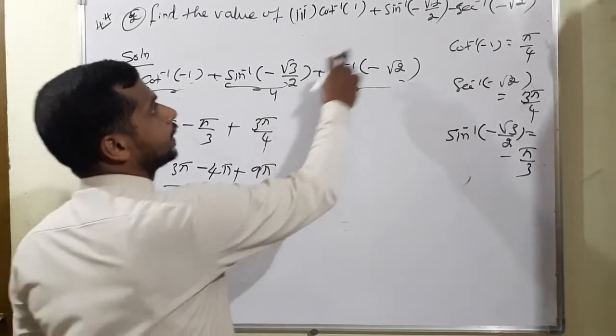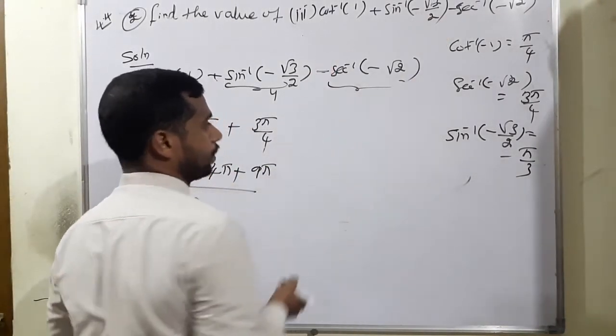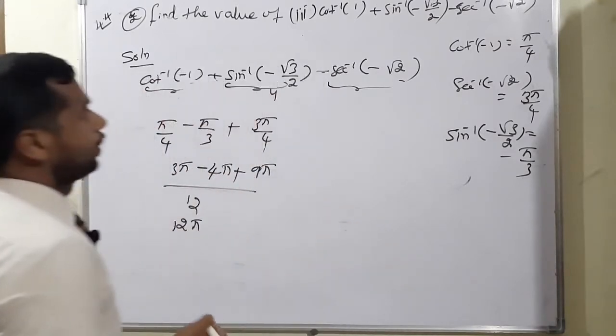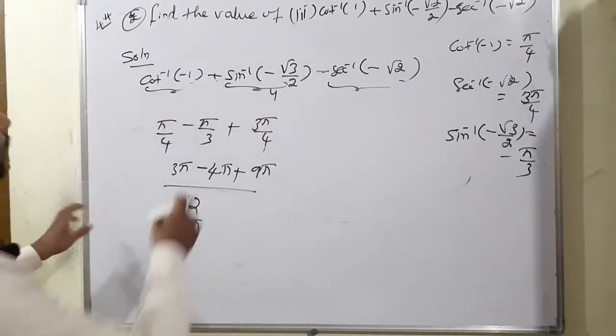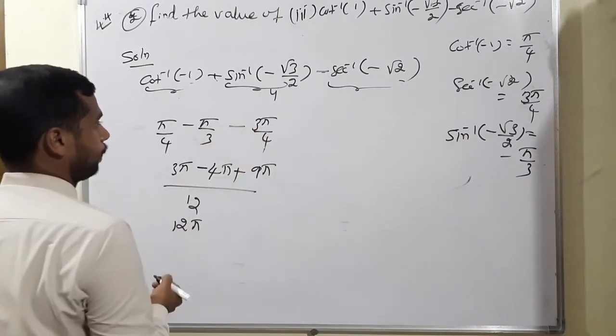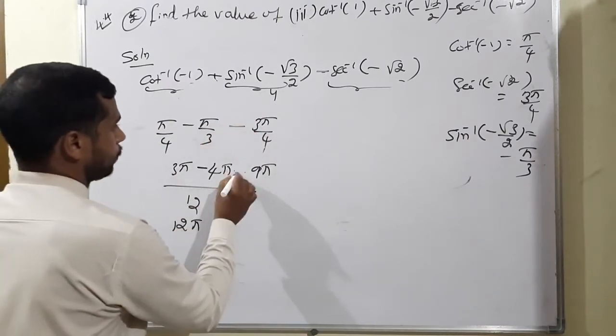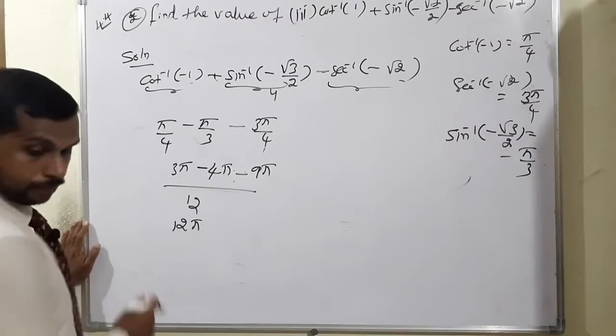Totally confused there. This term is actually negative, isn't it? Negative means here we can definitely say negative 3 pi by 4. So this is also surely negative. Therefore,